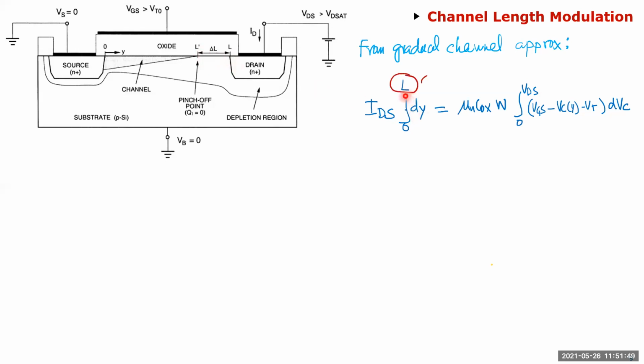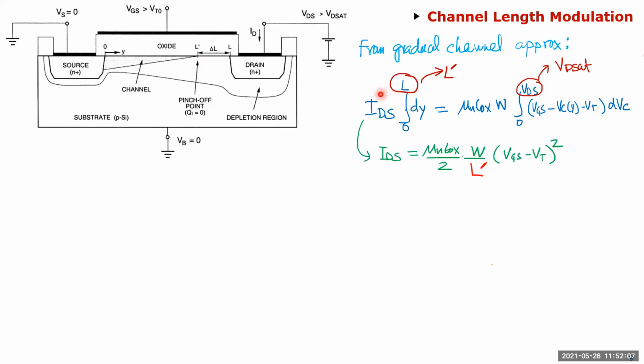So instead of integrating to L, I'll integrate to this point L dash here. And for VDS, instead of integrating to VDS, I know that it's a constant term now, it's not changing, so it's VD sat, which is VGS minus VT. I make these two modifications, and then what I get is